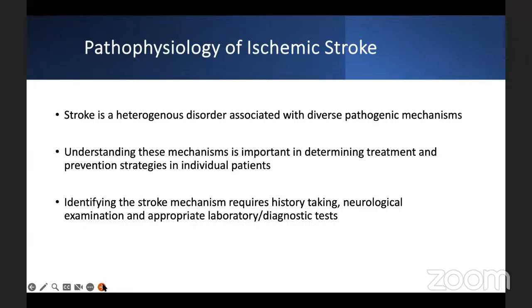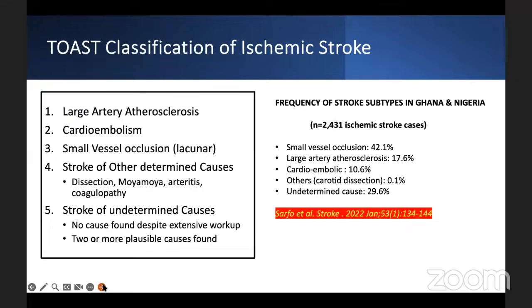And so when we see patients with a stroke, we try to understand what is the mechanism for that stroke, because that impacts on how you manage the patient in the long term. And to be able to identify the mechanism, take a history, examine the patient, and then you order the appropriate laboratory workup. So as I mentioned, when we have strokes, it can be a large artery atherosclerosis, a cardioembolism, it can be a small vessel occlusion, or sometimes you can have stroke from other determined causes. Those are not very common. In fact, in my practice, the common ones I see are the small vessel, or we call them the lacunar strokes. Small